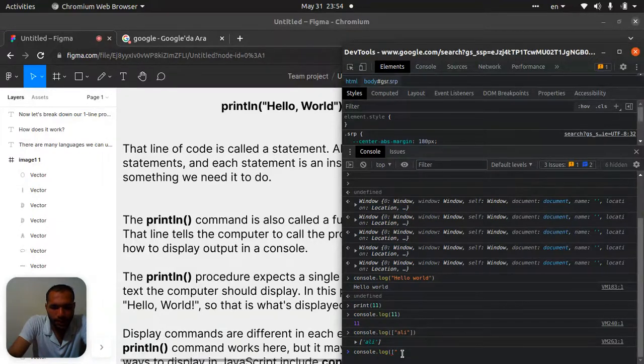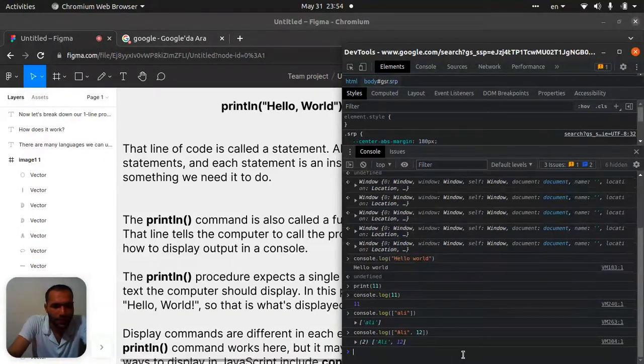Let's say Ali, and let's put here 12, and that's what they need to do, right? Close it. Let's try. Do you think you will get some issues here? No, this is Ali, which is our first point, then another point in the list. This is 12. Okay, this is our output.